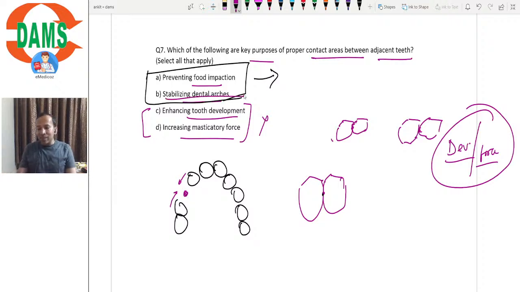So stabilizing the dental arch, that is a very important function, and preventing food impaction, that we all know. If there is an attrition or abrasion in the proximal area and there is a small opening in the proximal area such as is here, तो यहाँ पर क्या होगा, फाइबर्स और बाकी सारा फूड इम्पैक्शन, फूड इम्पिंजमेंट यहाँ पर होने लग जाएगा, राइट।